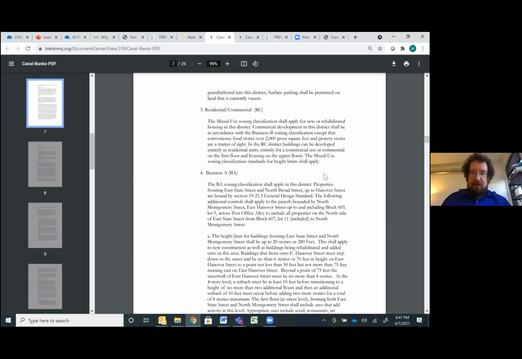So all I would say about this is that once I know what's in the redevelopment plan, the land development ordinance for the city is also on the same page of the city website. So my next step would be to go to the land development ordinance and look up, if I'm building a commercial building or a residential building, what all the specifications are. And I'm going to follow the land development ordinance, keeping in mind what's in the redevelopment plan. So I'm going to stop sharing.